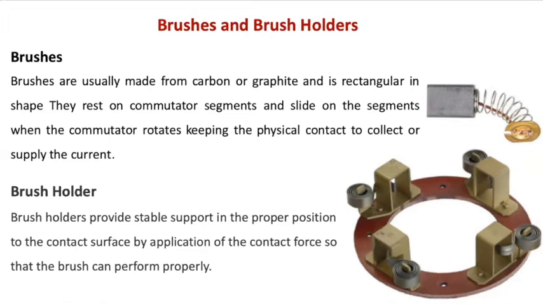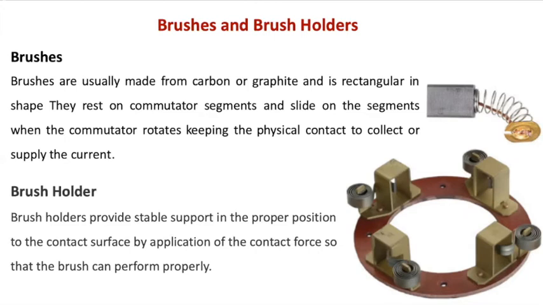Now these carbon brushes have to be properly placed on the commutator segments such that they are neither too tight, that is pressing too much. If it is pressing too much, there will be carbon deposition on the commutator segments, and if the pressure is not proper, there is a loose connection. Due to that, there will be sparking between the brush and the commutator segments. So both deposit copper on the commutator segments, and that increases the drop on the commutator segments. Hence, proper cleaning of the commutator and brush arrangement should be there.